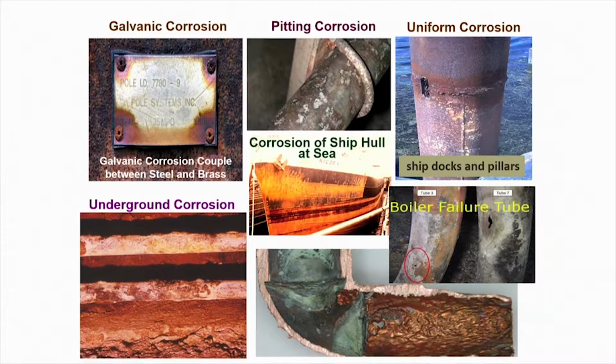So talking about corrosion, just a few examples. Here we are talking about galvanic corrosion or uniform corrosion. So if you have a steel plate, which is riveted, bolted on iron. This is a brass plate riveted on an iron background, and these are iron nails. So these iron nails, the rivets, which actually fix the brass plate on top of the iron structure and exposed to